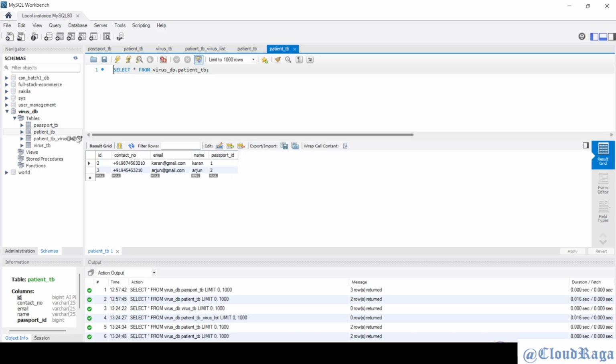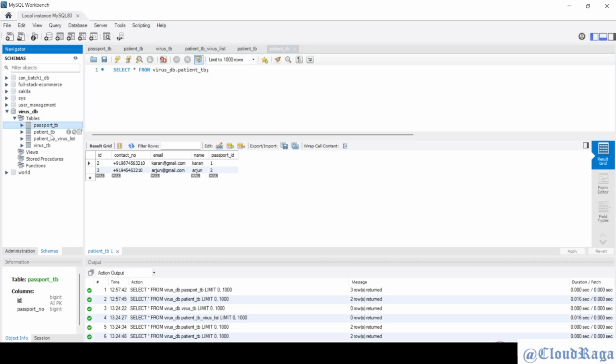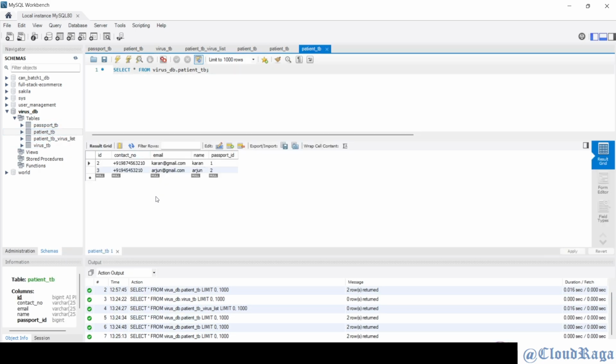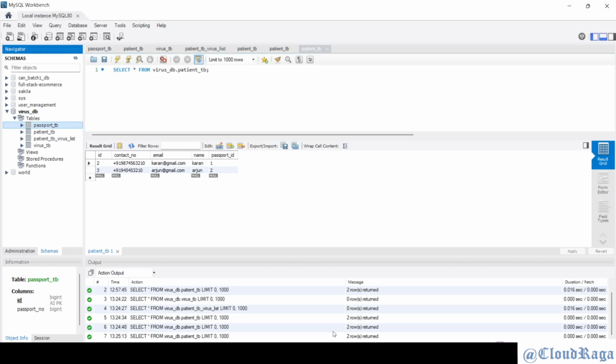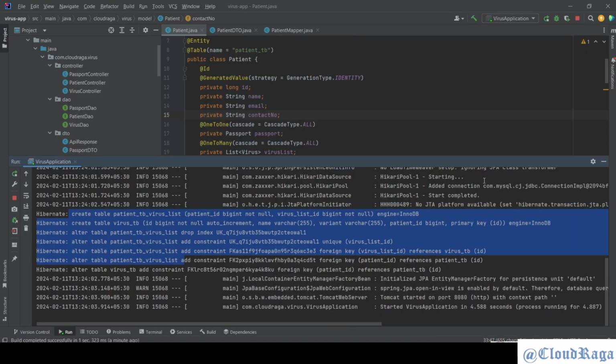That is missing. So what I'm going to do, and this is quite inevitable because we are in the development phase. We are still, because I'm teaching you, so that's why I have done it this way. Otherwise, it should be well designed. Initially we will keep this kind of information. But my idea is I want to keep all the IDs on the patient table because I want to treat this class patient as the main primary table. So what I will do, I will drop all these tables